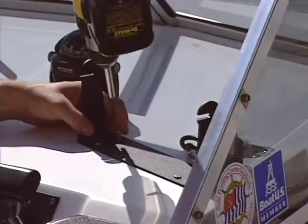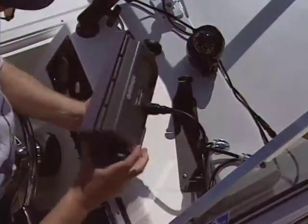If you have the 182 with built-in antenna, mount it in a location that has the clearest view of the sky. Now simply mark and drill the mounting holes for the bracket. You can easily slip your chart plotter into the bracket and remove it whenever needed. To remove the 176 unit from its mount, just push back the lock button, depress one side of the bracket, and remove the unit. If you'll be using the 176 in your vehicle base,